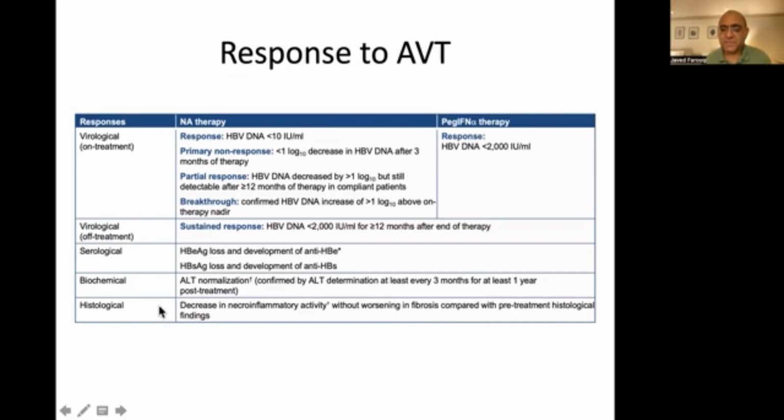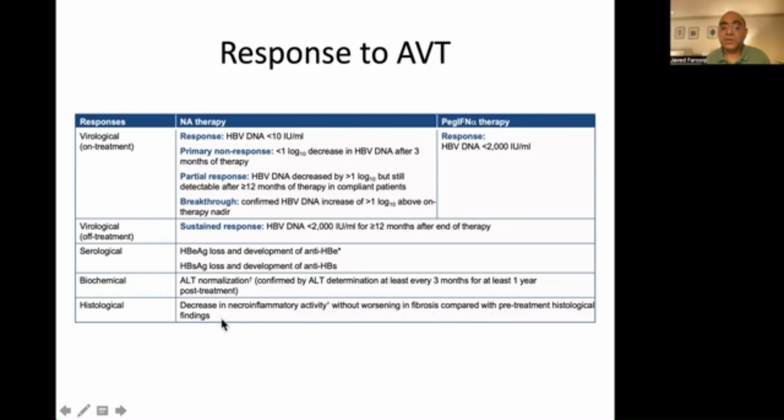If a biopsy has been done, you compare on treatment and after, if you stop the treatment, and the histological response will be defined as decrease in the necroinflammatory activity, because on biopsy we see the necroinflammatory activity and the fibrosis activity. So there should be decrease in the necroinflammatory activity, and there should be no worsening in the fibrosis